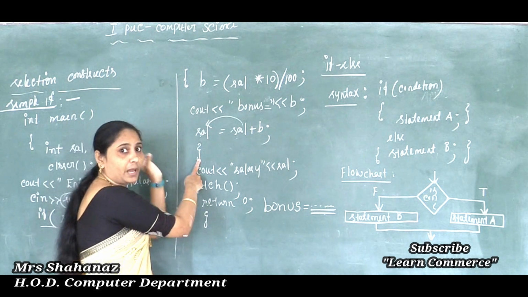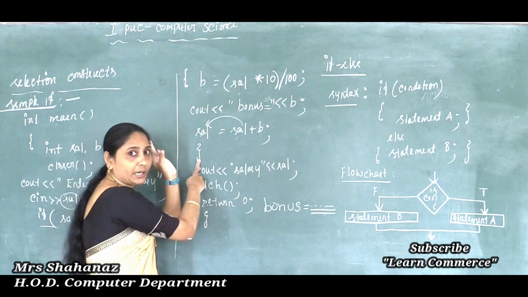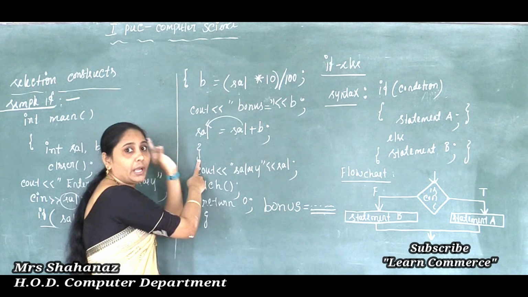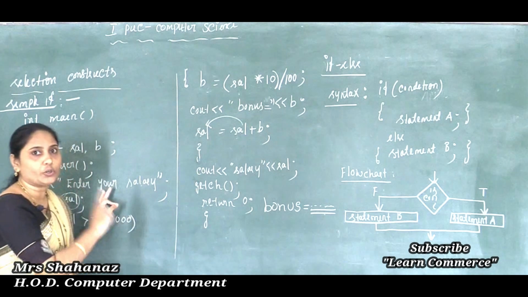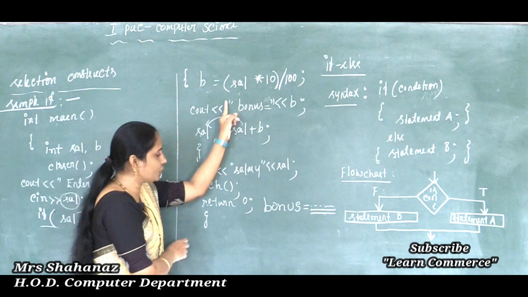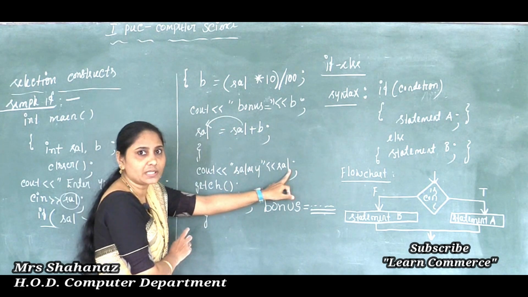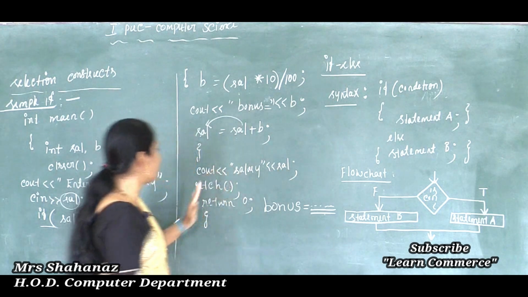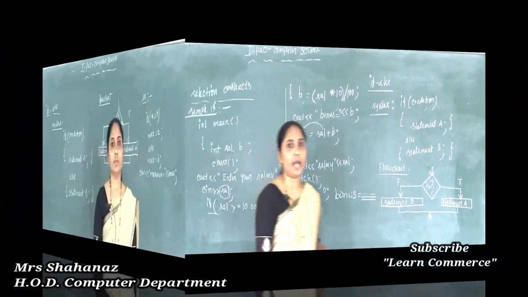Here in this example I want to tell about this simple if. If the condition is true, then only it is going to execute the statement. If the condition is not true, it is not going to display any statement. Clear this point here? So if the condition is true, it is going to display the statement salary amount. Salary, that is equal to the sal here. So like that we can use one simple example for our simple if program.